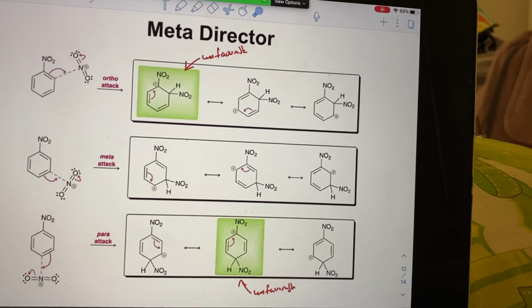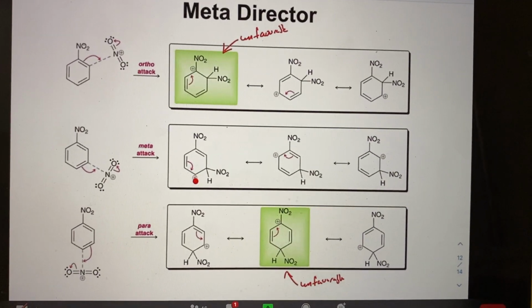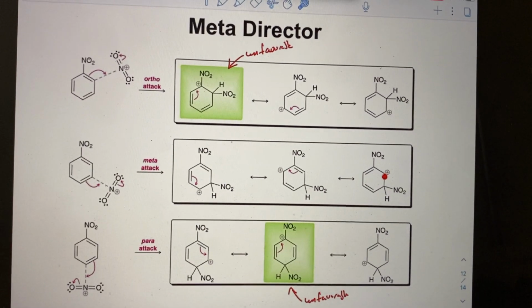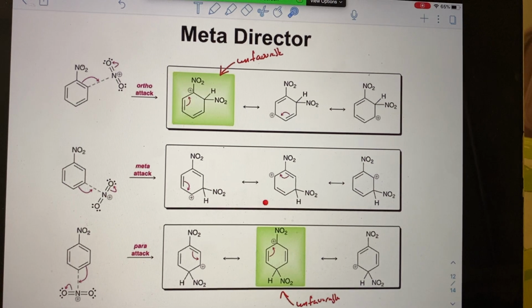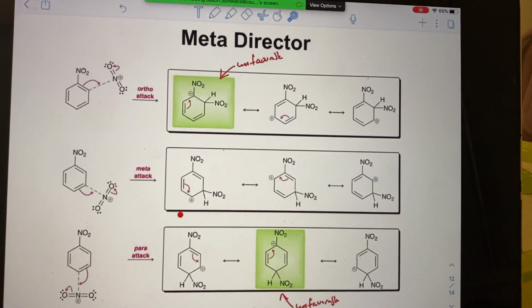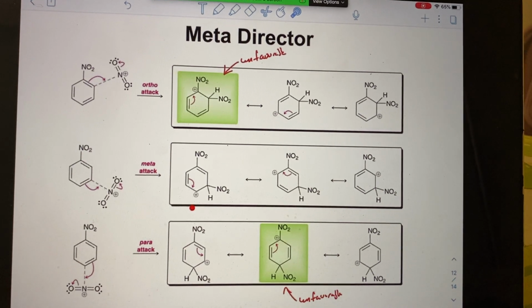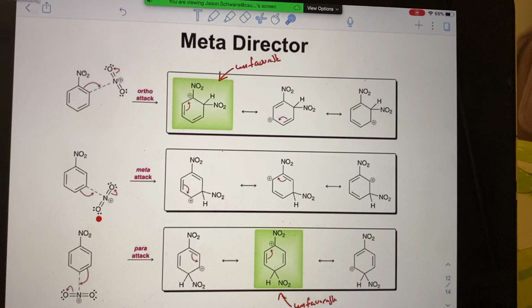Now, when we look in the middle case here, the meta attack, the carbocation actually is never on that carbon that is directly attached to the nitro group. So in a way, energetically, this is making the best of a bad situation in the middle with the meta attack. You avoid that highly unfavorable resonance structure. So this is the least bad, if you want to think about it that way,